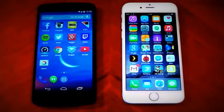Hey guys, we're going to be doing an app opening speed test between the Nexus 5 and the iPhone 6. Now, this is by no means a scientific test, but of course I'll try and be as accurate as humanly possible. They are both connected to the same Wi-Fi network, both are completely stock, no custom ROMs or custom kernels on my Nexus 5, not even root, and it is set to Dalvik, by the way, it's not set to